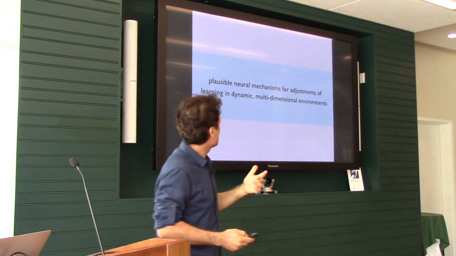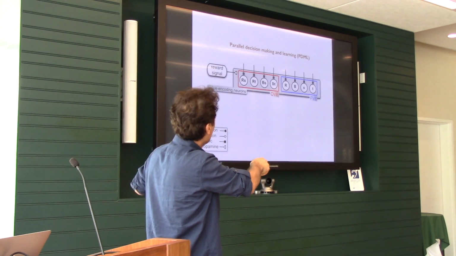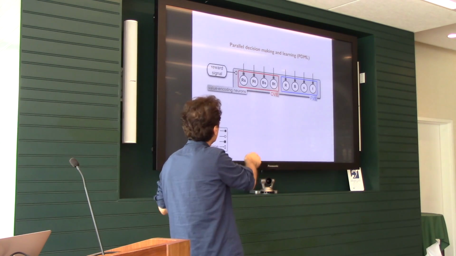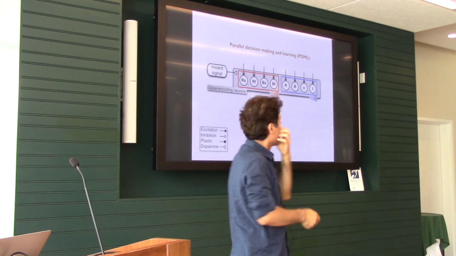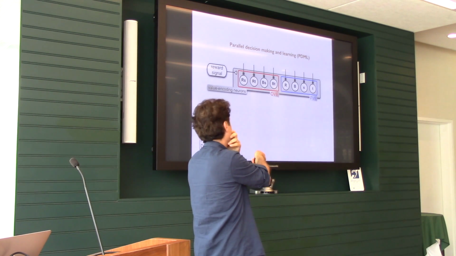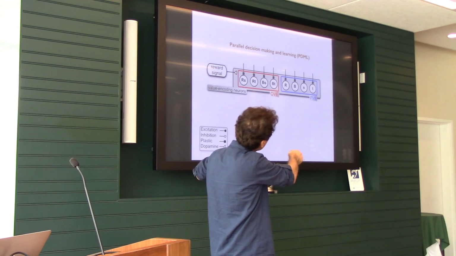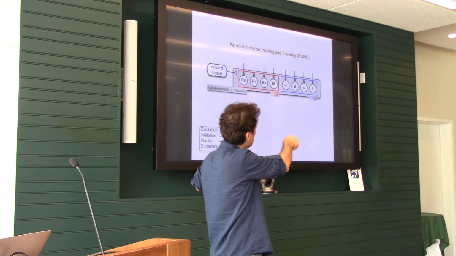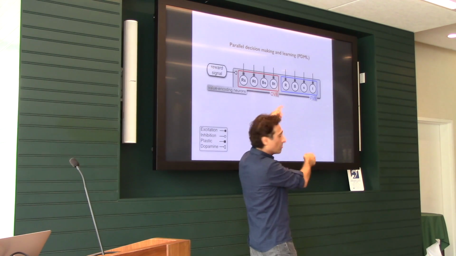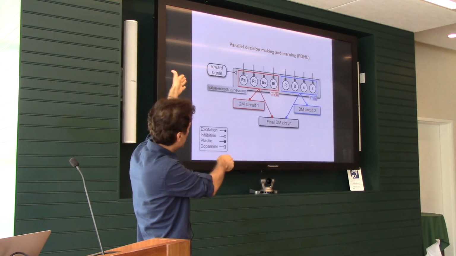So this is the model we have, with what we call object value encoding neurons. Imagine you have sets of neurons that are learning about the value of different things: red square, red triangle, blue square, blue triangle. You can learn each one separately, or you can have a set of neurons that learn about redness, blueness, squareness, and triangleness. Then for this one, you need to combine their information to know the value of a red square. This one directly learns everything.